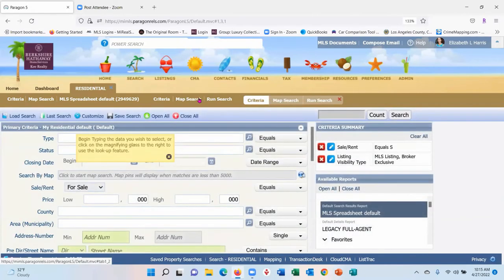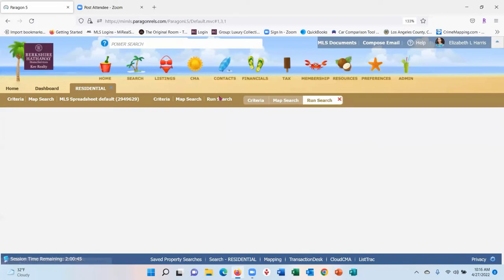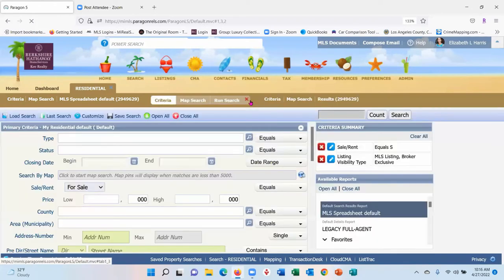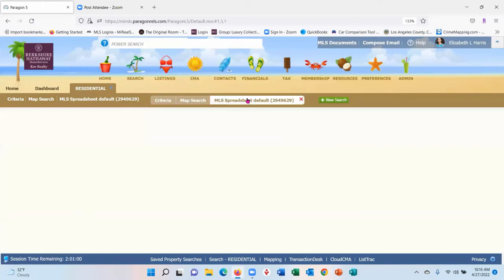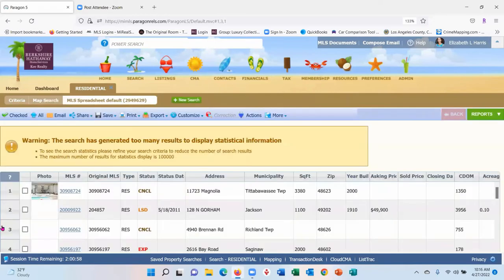I don't have to close one out and go back to the other, which to me, this is great. If you multitask, which I'm sure most of us do, this is a great way that you can go back and forth and not lose anything you're working on. Okay, and all you're doing is basically toggling back and forth by clicking on the different tabs here. Okay, so I'm going to X these out to close them out. All right, so that is our